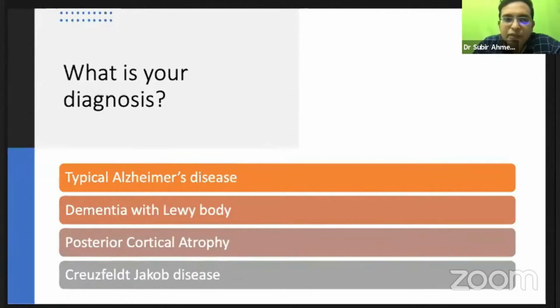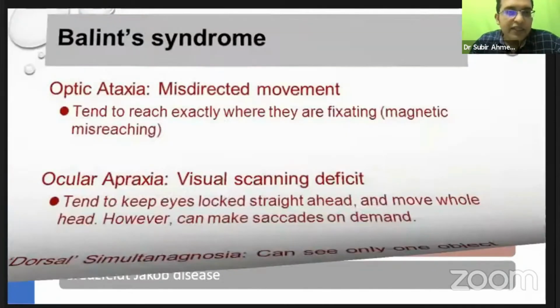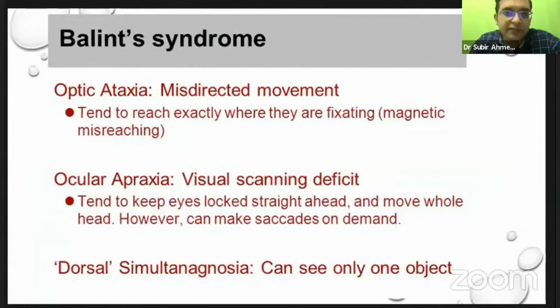So this is actually posterior cortical atrophy. And for posterior cortical atrophy, it could be an Alzheimer's pathology, or a tau pathology, as in the case of CBD, that is corticobasal degeneration, or a PSP kind of pathology. For this patient, it is most likely an Alzheimer's type of posterior cortical atrophy. In Alzheimer's, we have studied, there is a frontal variant, a posterior cortical atrophy variant, and a logopenic variant. So this case is actually the posterior cortical atrophy variant. That was one type of Alzheimer's disease we have discussed.